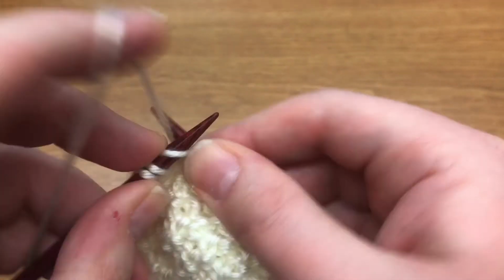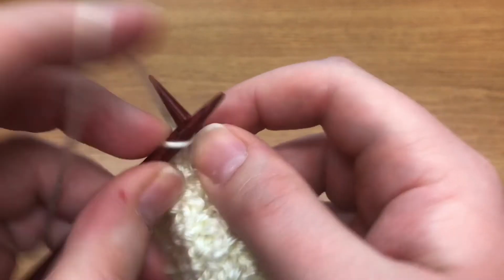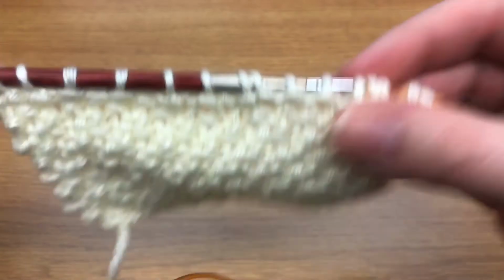And that is our stitches. You will find these fairly often in some slightly more advanced knitting, and I hope I've